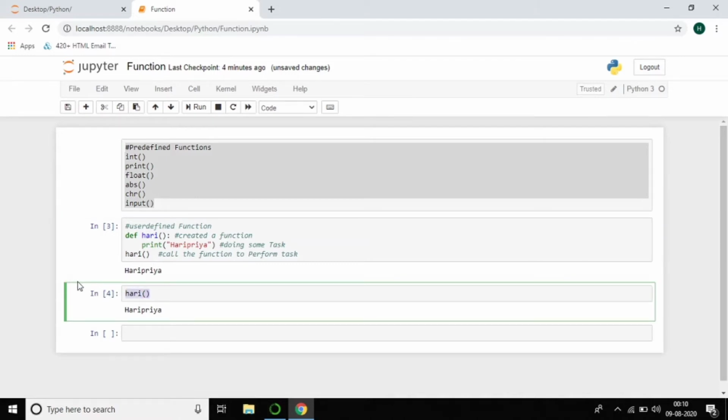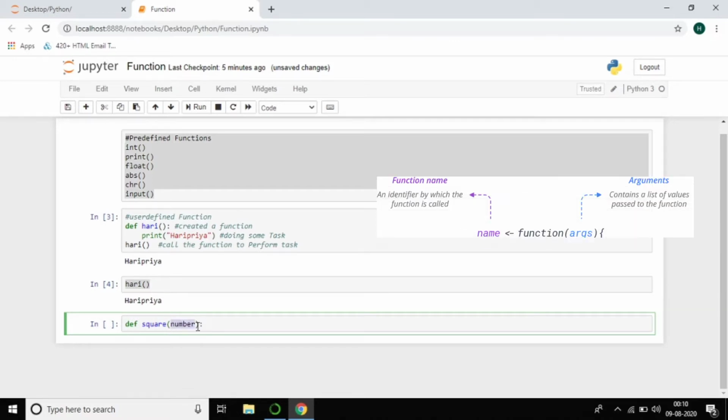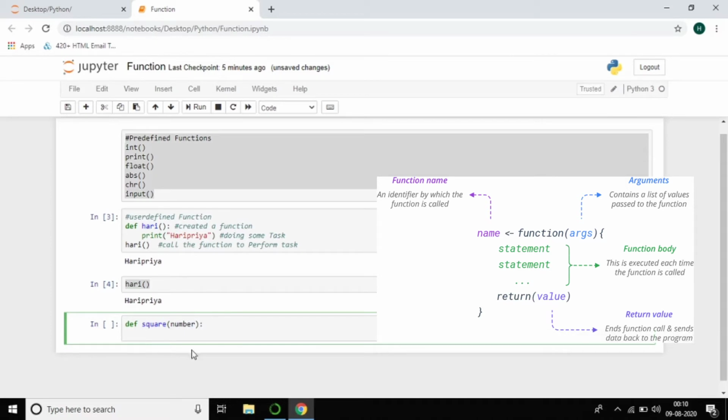We'll write some functions so you can understand how to create a function. I'll define a function called square, and I'm passing a parameter also. You can see I'm passing number, so number is called a parameter. I'm passing a parameter to the function, and don't forget indentation is very important.